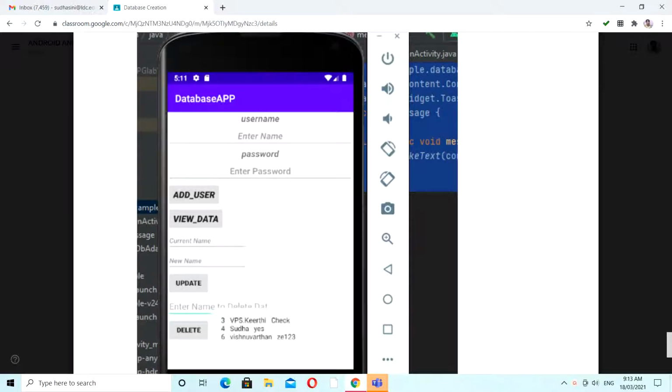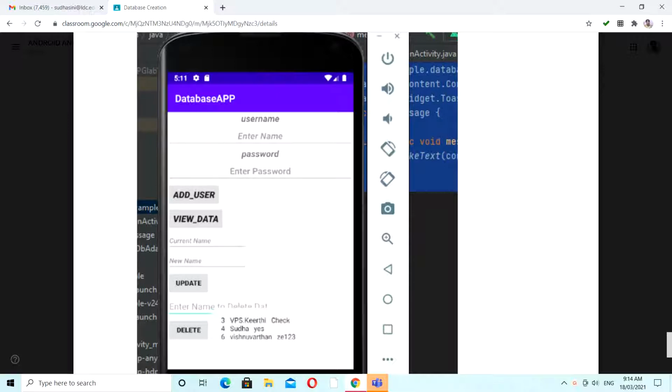Next, in this video, we will see the exact coding part, how this database is going to work. In the previous video, we learned the basic concepts of what a database is, how SQLite works, and what different classes and methods we use to operate this SQLite database within your front end, I mean the Android application, and how we have to incorporate it.